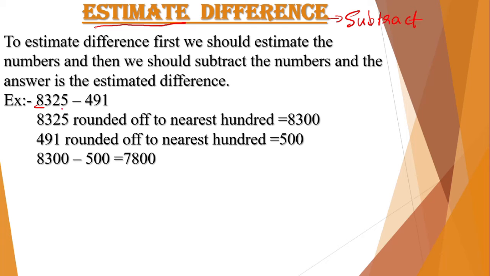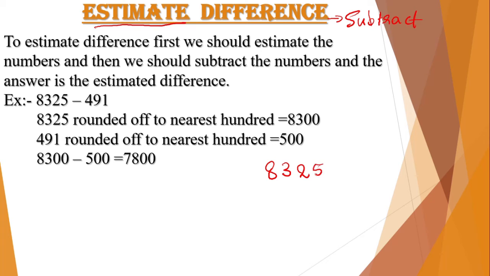So I can't take 1000 for the first number and 100 for the second number. I should take the equal place value only. So now what we should do is we should take the next place value. Why? Because if we take 100, it's the highest and equal also. It should be equal and the highest for both of them. So if I take 100, I can estimate for the first number and the second number too. So let's estimate to the nearest 100. The first number is